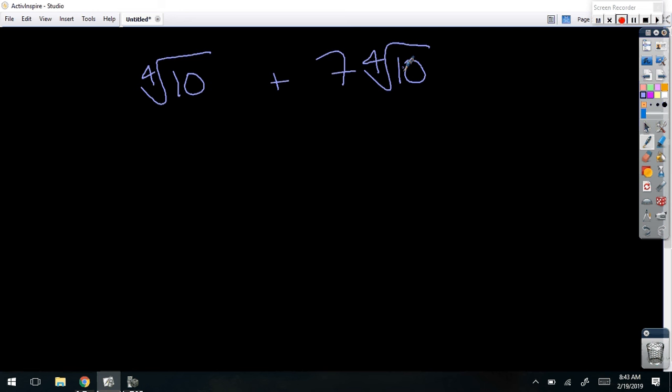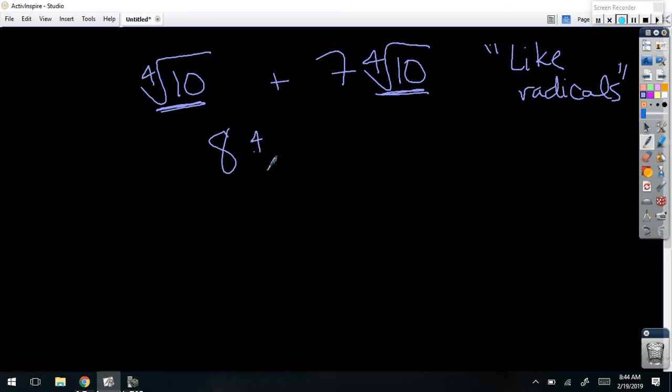The only way you can add radicals together is if they are like radicals. If you think about the 4th root of 10 being like your x, so if I had x plus 7x, what would I get? 8x. So it's 8 times the 4th root of 10. Like radicals just means that they have the same root